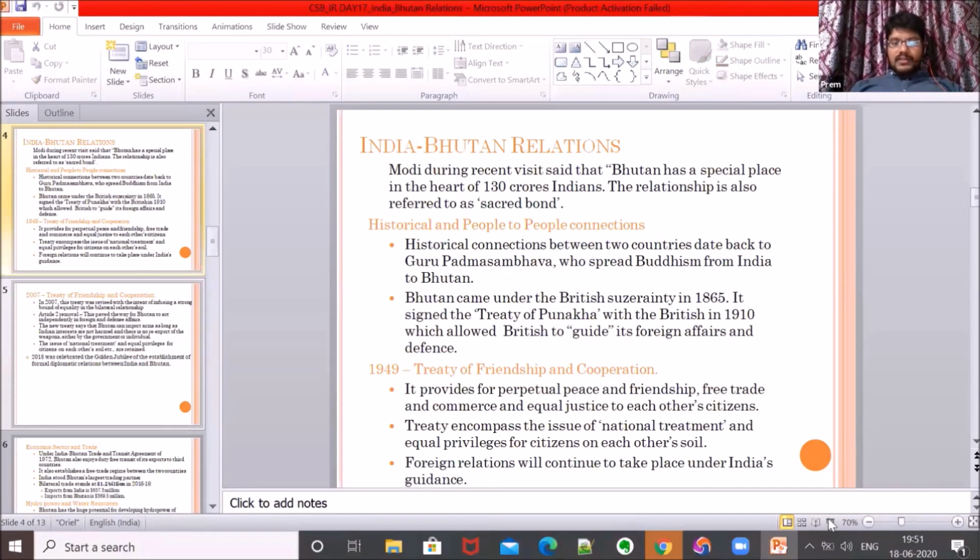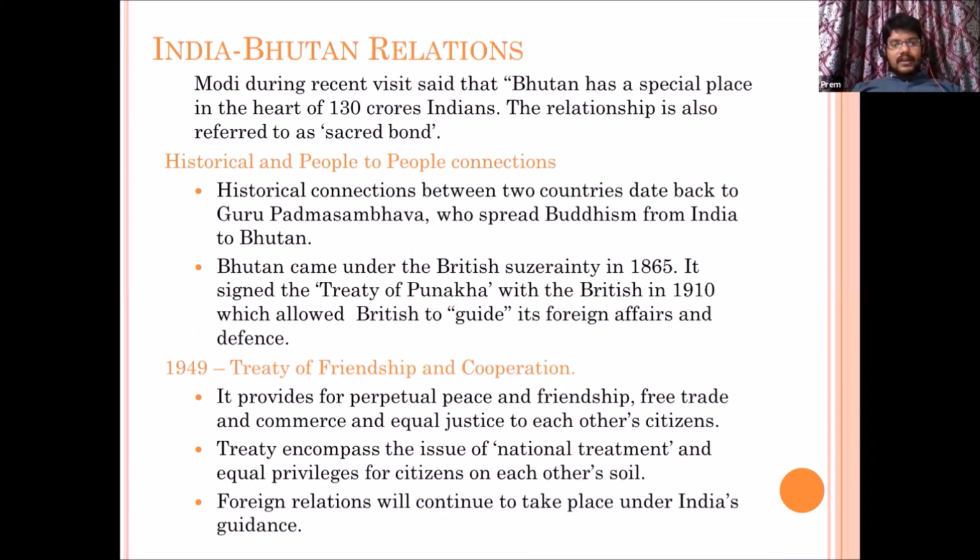So according to this treaty, which is similar to the treaty we have with Nepal. In Nepal relations also, I told, we had a similar treaty in 1950. According to this treaty, there are three major provisions. First thing, free trade and commerce between the two countries. That means our goods and Bhutanese goods should be treated the same. They should not be differentiated, or different rates shouldn't be charged.